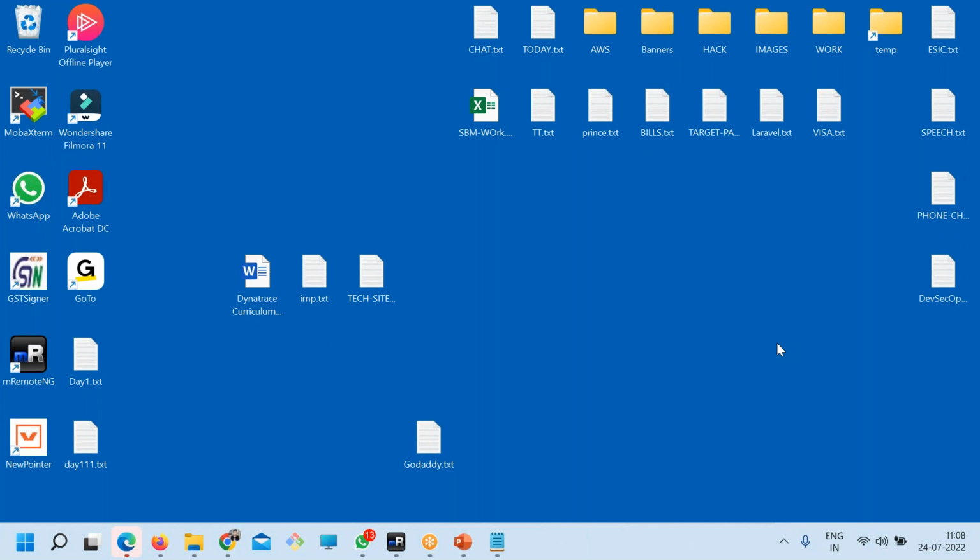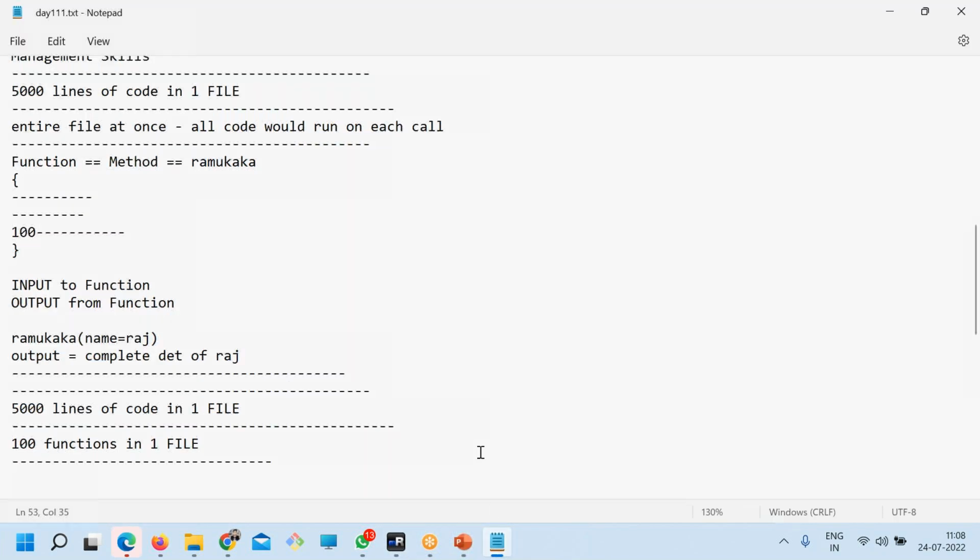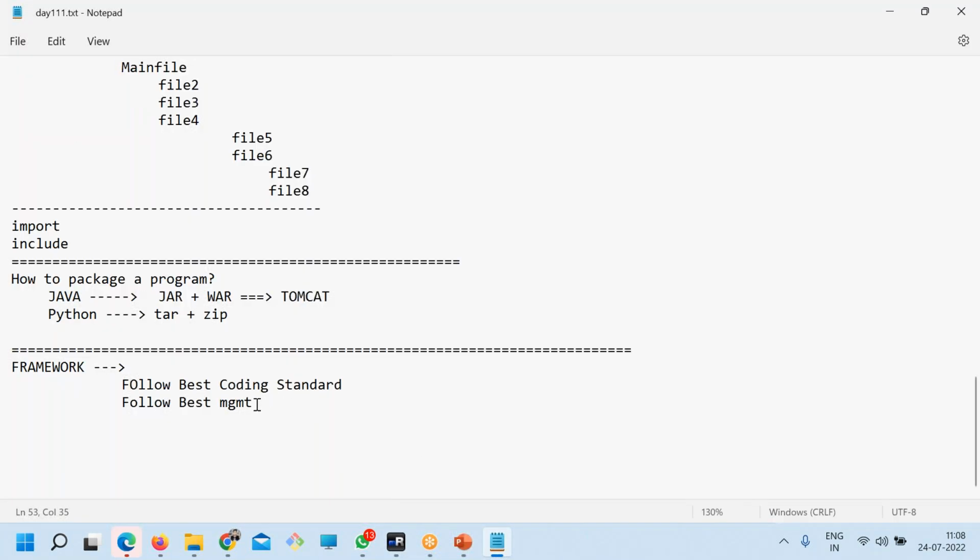See, I'll put it this way. Each one of your desktops, if I look at it, will be different. Some of you will be very organized. Some of you will have multiple files, multiple folders. But we don't want that kind of stuff. What we want is that the program directory structure should be consistent. Understand that, very simple thing. No matter whether you are programming for Infosys or Microsoft, you should follow a consistent